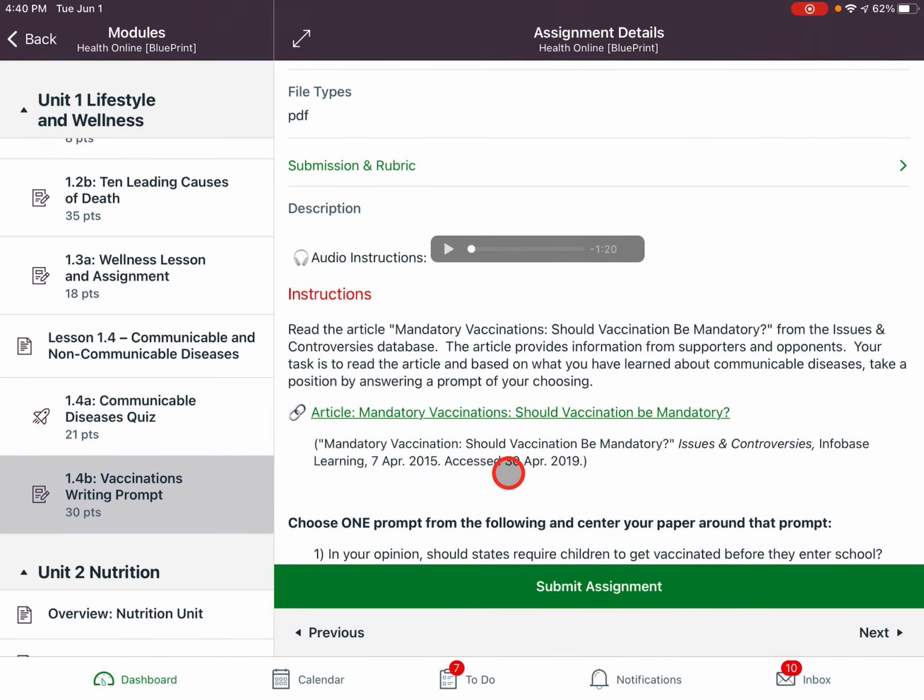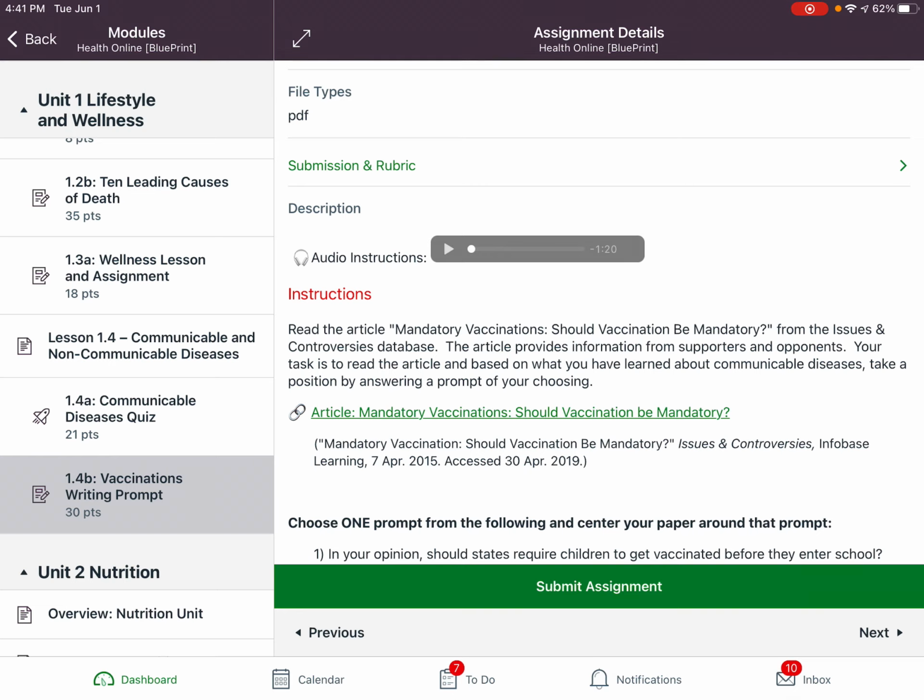There are times in Canvas when your teachers will provide a PDF that they either want you to read or want you to write on. So there's two ways to do this on your Canvas Student app. One way allows you to save your work to the iPad and make sure that your work is always saved on your iPad. And the other way is more of a temporary solution, but it could get deleted. So I want you to know the difference between the two, and I want to show you how that works